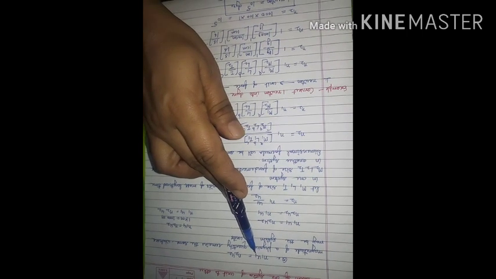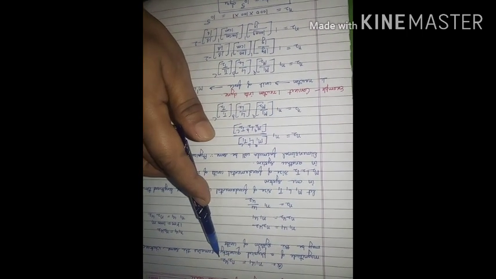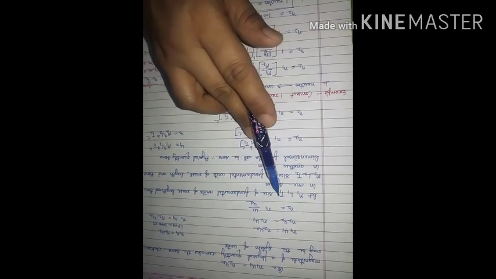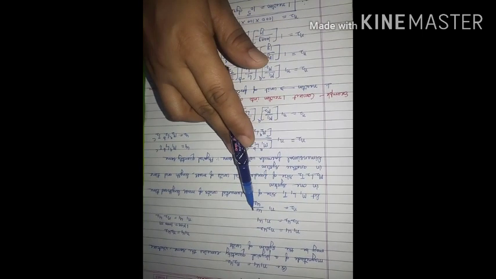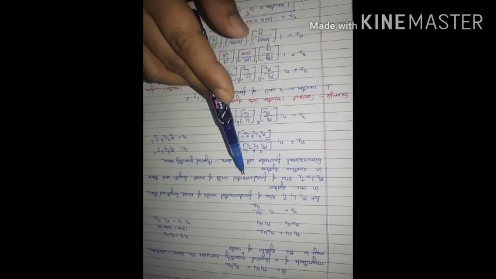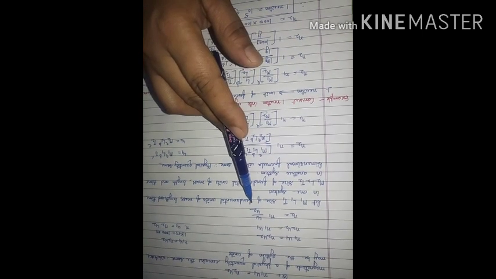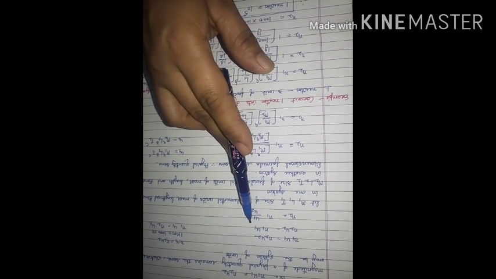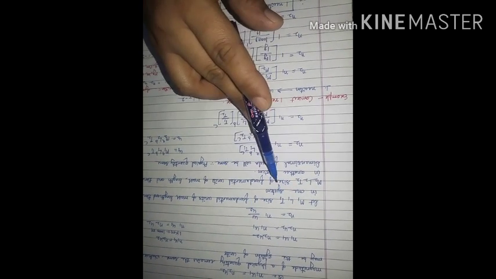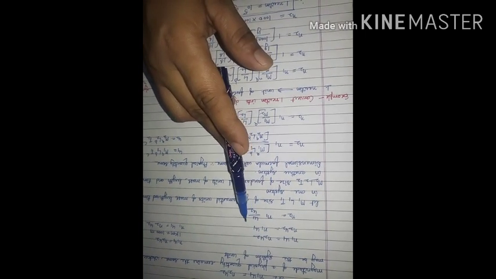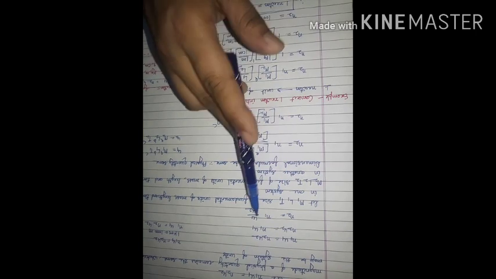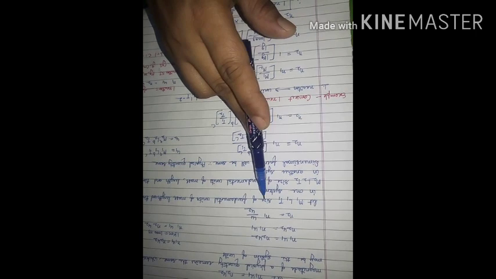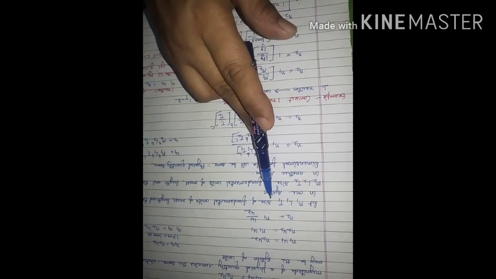So if we consider this formula, N1 U1 is equal to N2 U2, then N2 U2 can also be equal to N1 U1. From here, N2 is equal to N1 U1 divided by U2. Let us consider that in this system where we are going to consider U1, it is dependent on mass, length and time. And if this system is given in SI system, then size of fundamental units will be kilogram, meter and second.